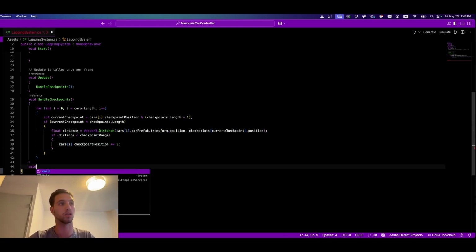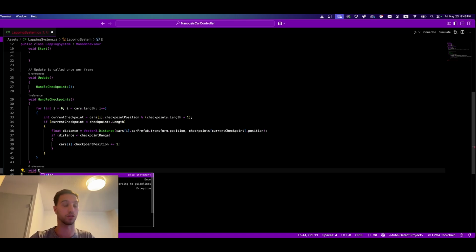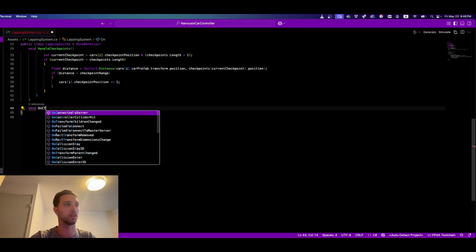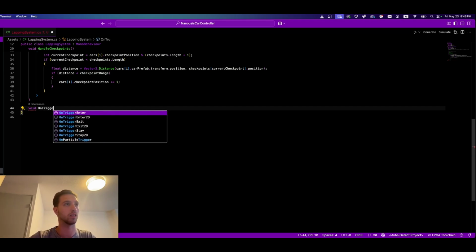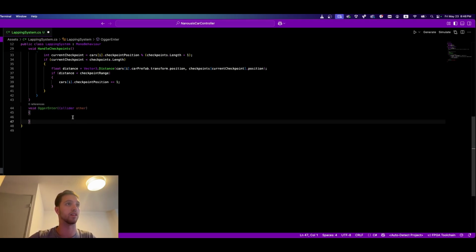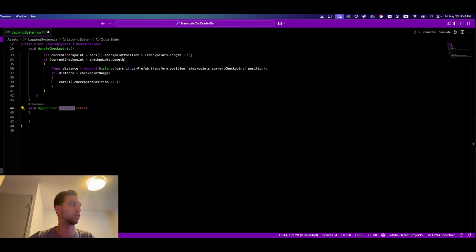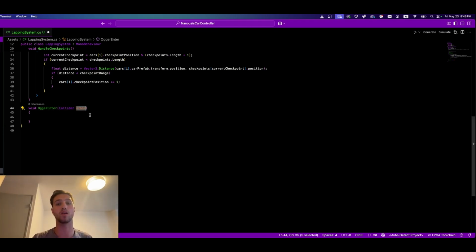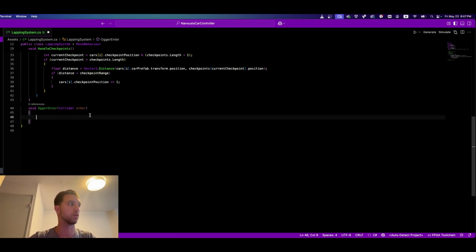So to do this, we create a new function that is called OnTriggerEnter. And this function has one thing called a collider. And this is how many objects or what objects have currently collided with the trigger. So to check